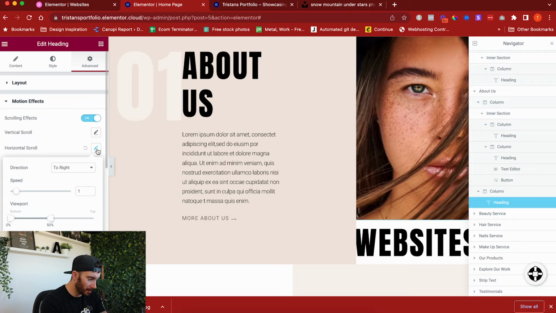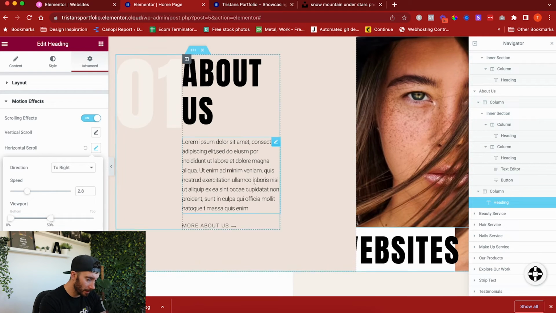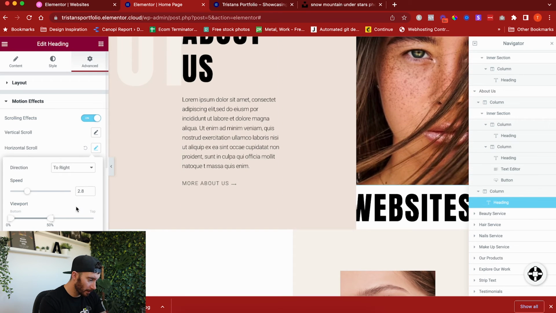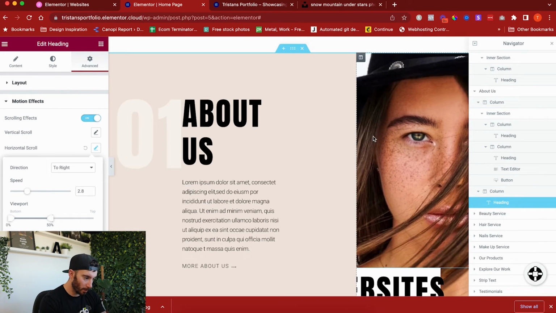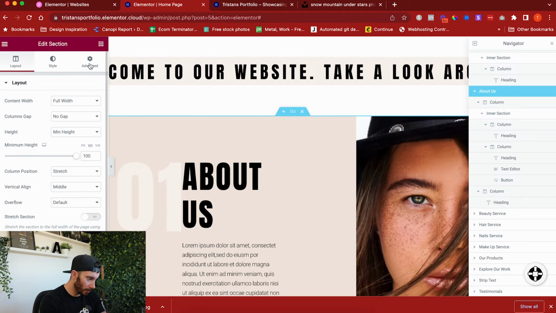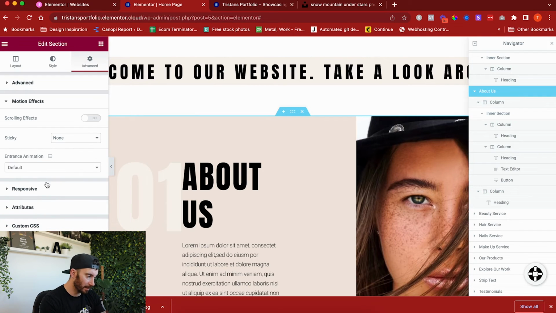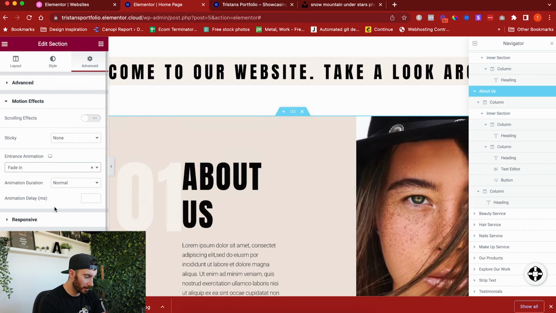You can click inside this pencil. You can change the speed, like maybe we want it to be a bit faster, like so. Yeah, you just amend the speed here, but any motion effects that you want to apply to an individual element, you can do so. If you want to apply it to a container, you can go to advanced, you can go to motion effects. You can apply either a scrolling effect, you can apply like an entry animation. So yeah, maybe we want it to fade in, like so. So if I just update this and show you what that would do,